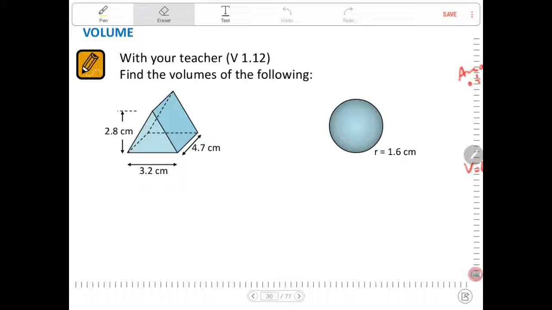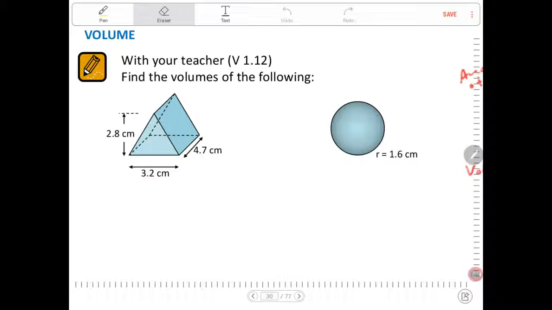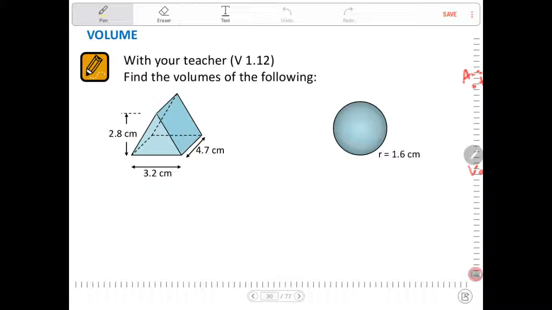Can you decide which one of these is a prism? Well, the answer is the one on the left, this tent type shape. It's a bit like a tent. It's a pretty small one with those measurements, but I'm sure you get what I mean. Now, let's see, why is this a prism? Well, if we were to look at this